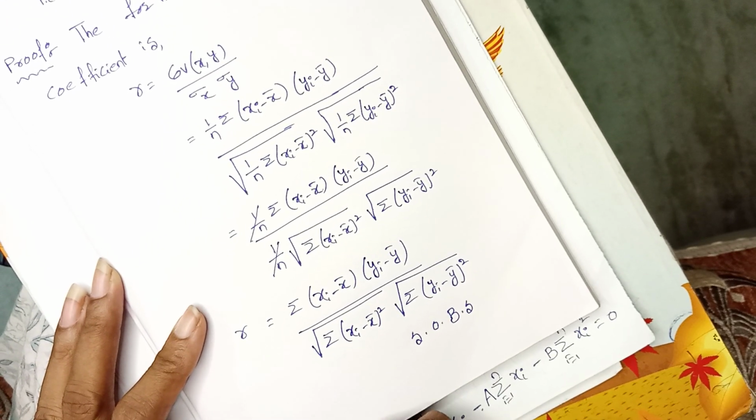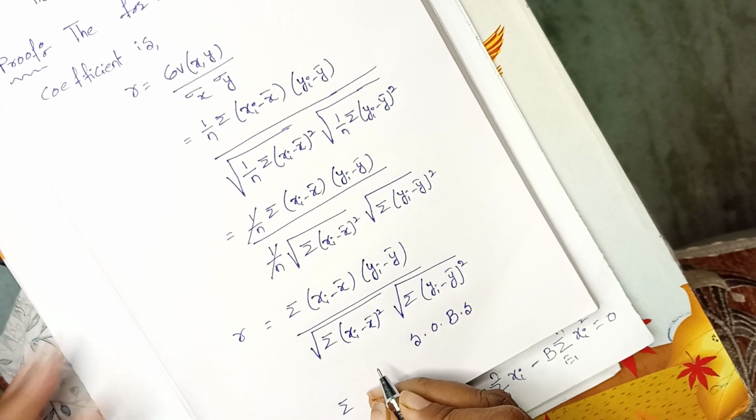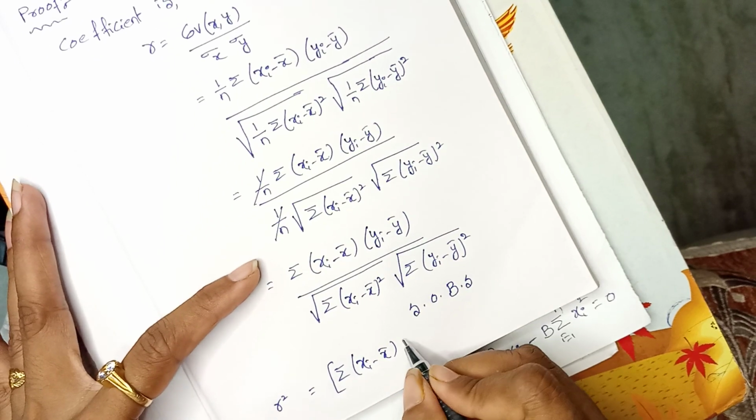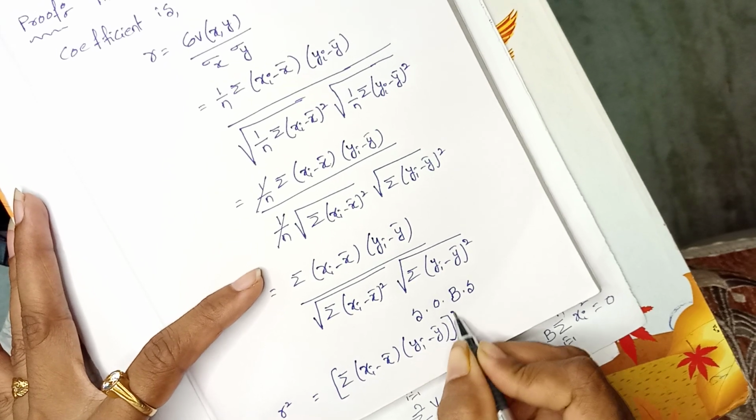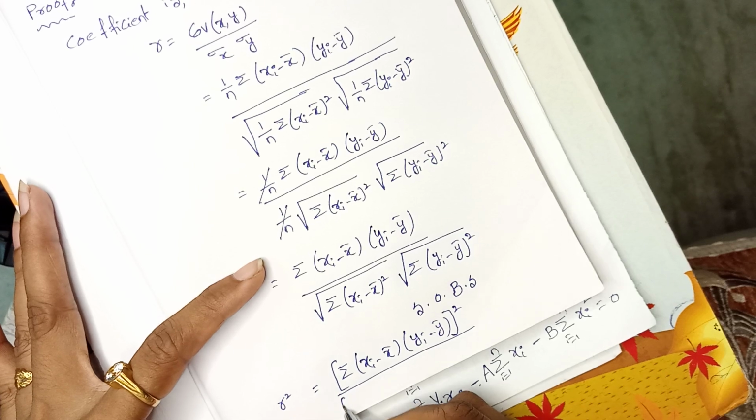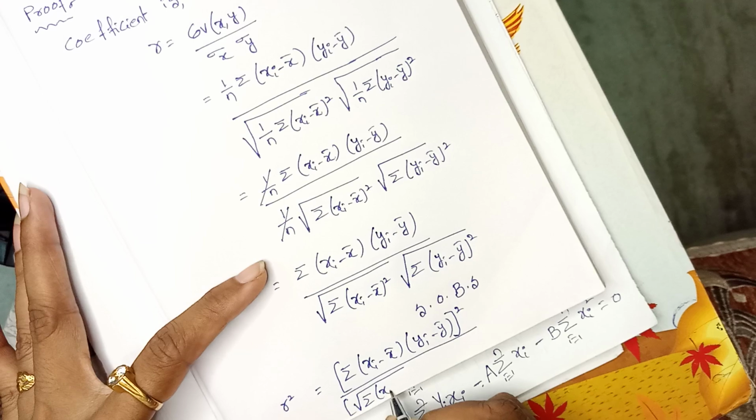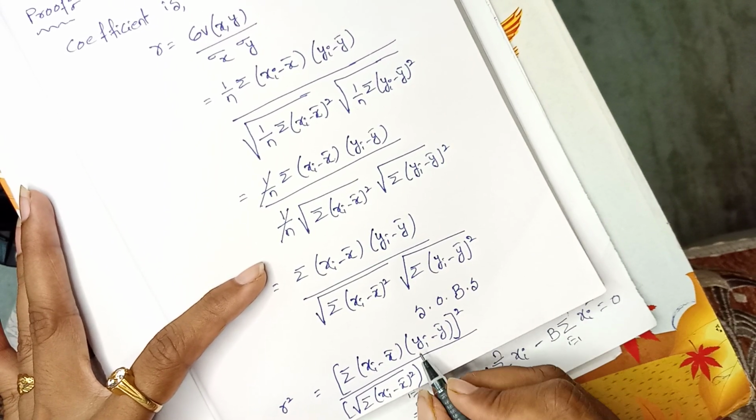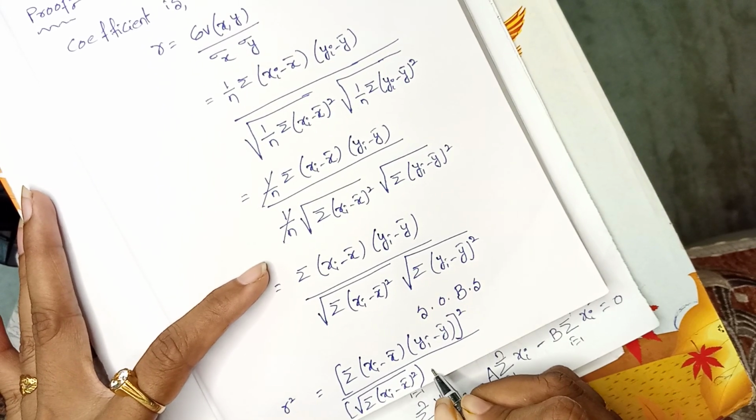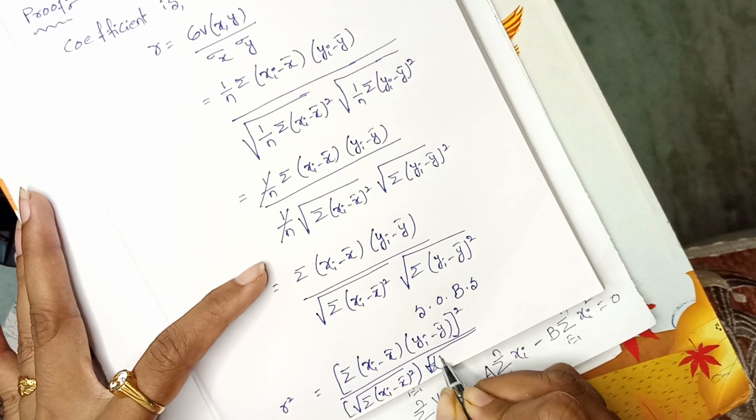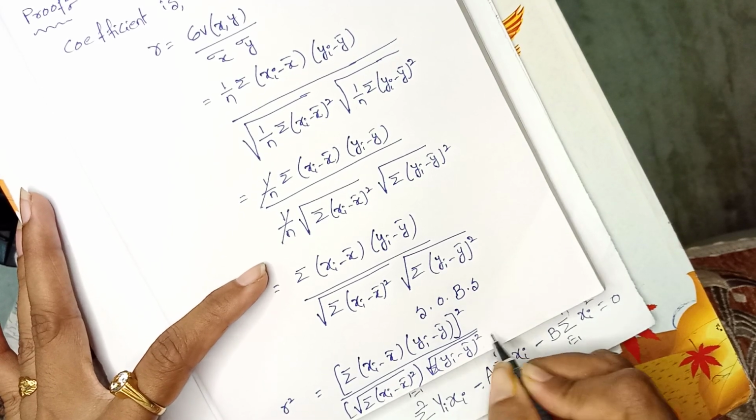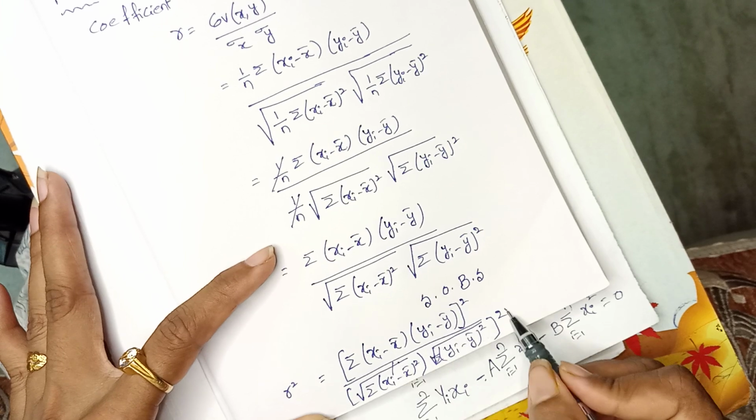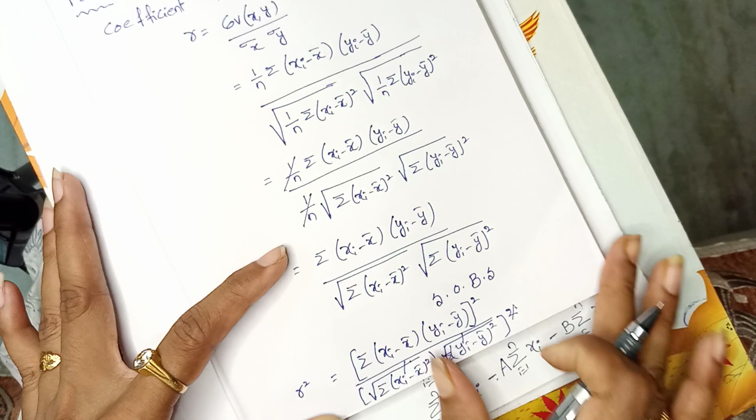So r square equals summation (xi minus x bar)(yi minus y bar), whole square, divided by square root of summation (xi minus x bar) whole square, whole square, into square root of summation (yi minus y bar) square, again whole square. In both cases we have square root and square, so the square root and square get cancelled, again the square root and square get cancelled. So the remaining term is